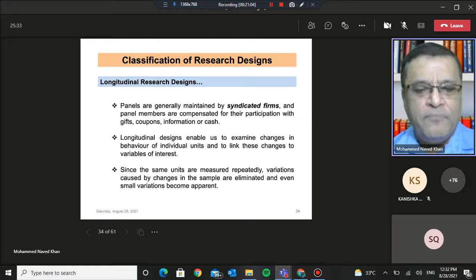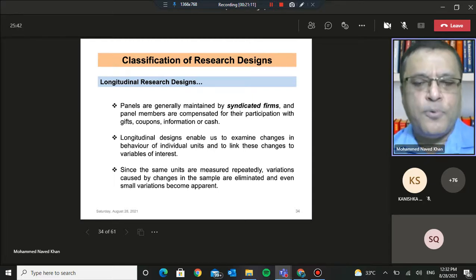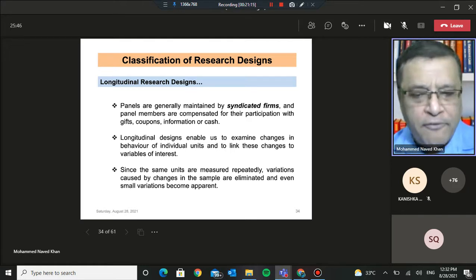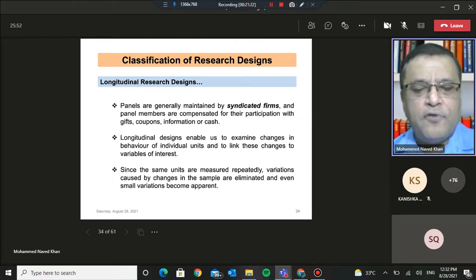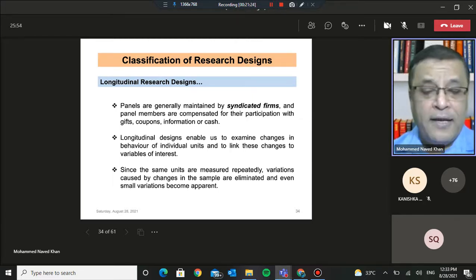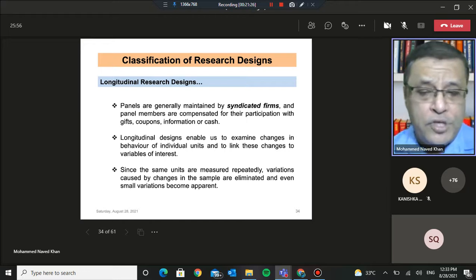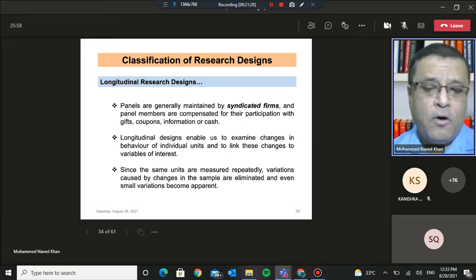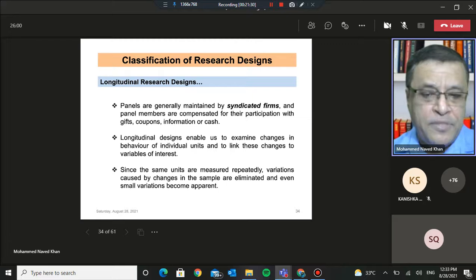Now there is a problem when we say that people are being compensated and getting something in return, because this compensation generally is not supposed to be, I'm repeating, in the form of monetary compensation. That is, you should not be giving money. The compensation can be in the form of, say, gift coupons of organizations which are not part of the survey or part of the instrument which you are administering.